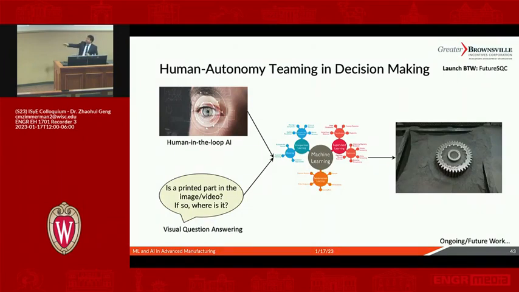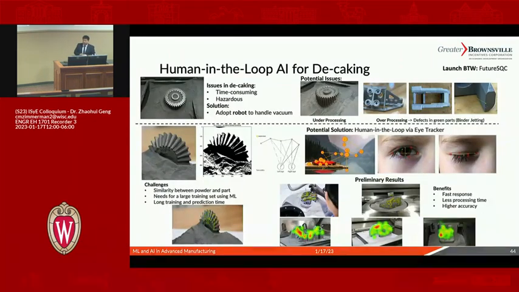The other one would be visual question answering, for example, image captioning. We want to incorporate some questions into the consideration so that it can tune the machine learning model in the correct direction. One of the small projects funded by the Greater Brownsville Incentive Program is to develop this human-in-the-loop AI